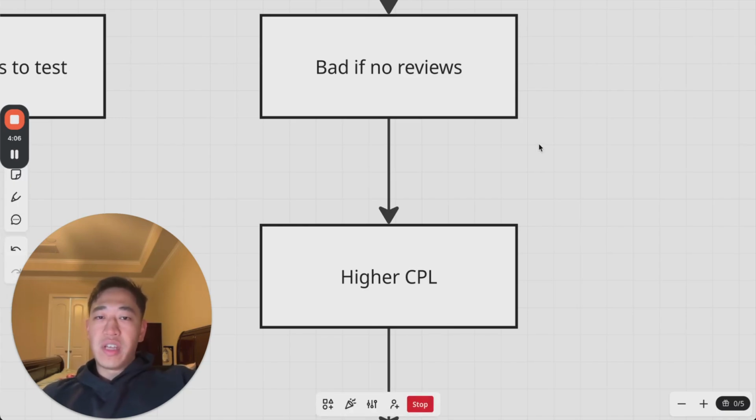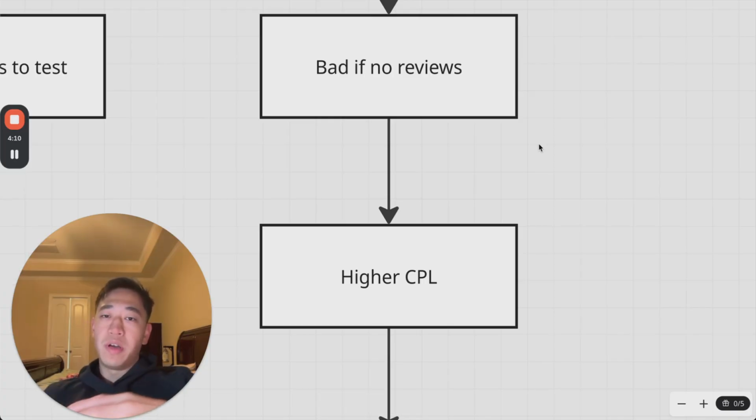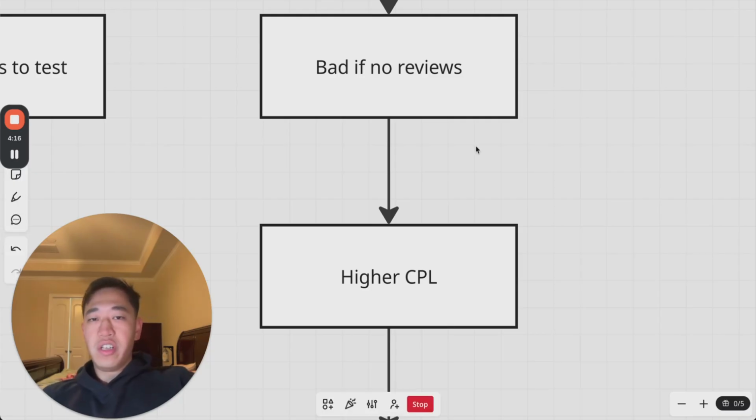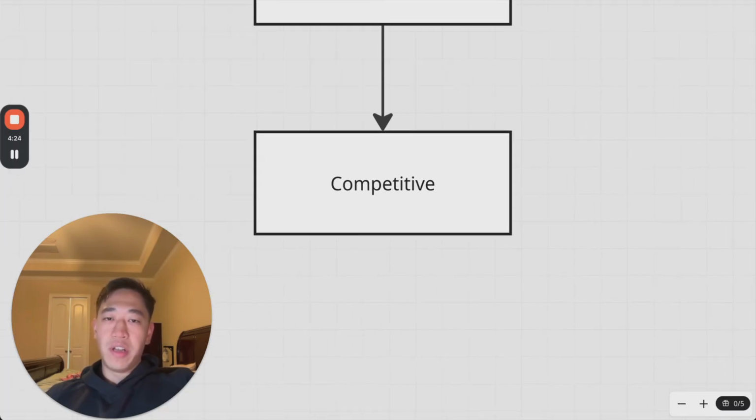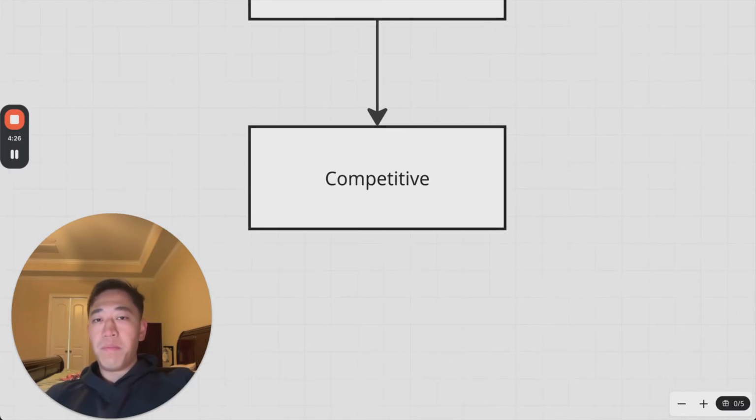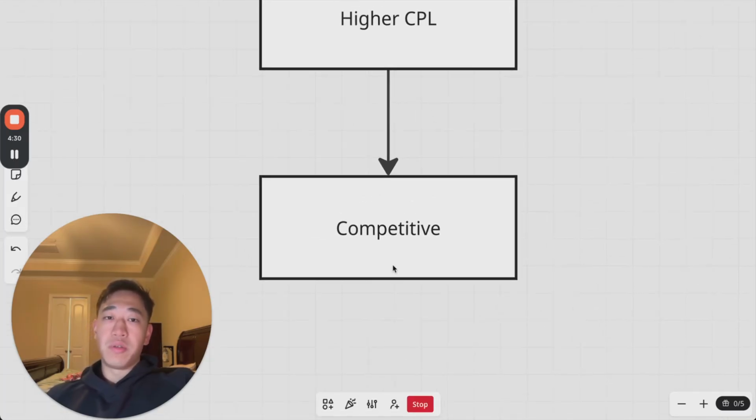So you really have to set expectations with them. With Facebook ads, you have more leads, but it might be lower search intent. Google ads might have fewer leads, more expensive, but it's higher search intent. So you really need to set that expectation ahead of time. And then Google ads is very competitive, right? It's very costly to bid on these keywords because everybody and their mothers are probably trying to bid for roof insulation in XYZ city, especially if it's a metropolitan city.